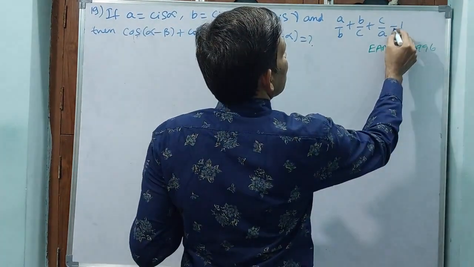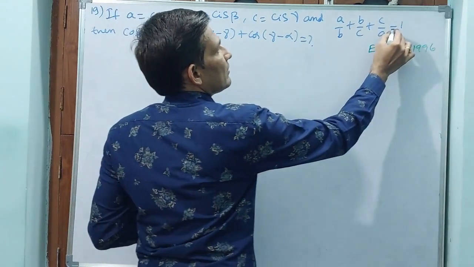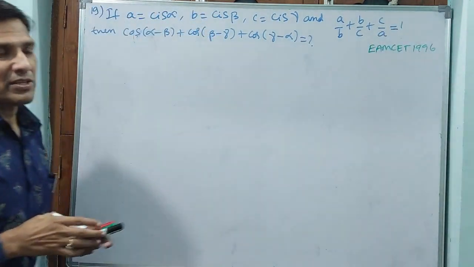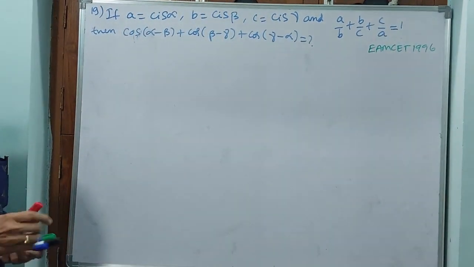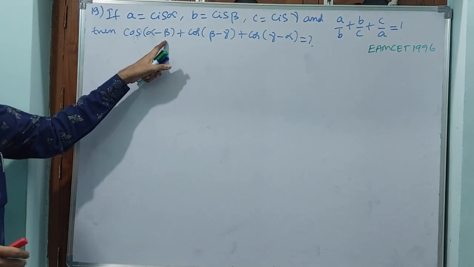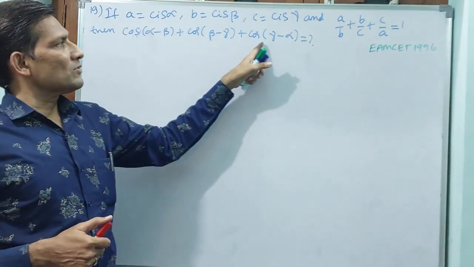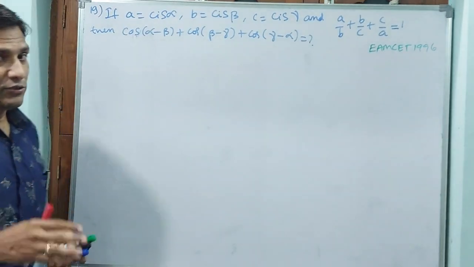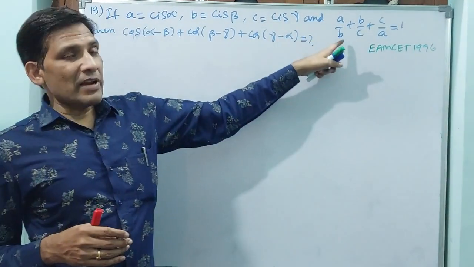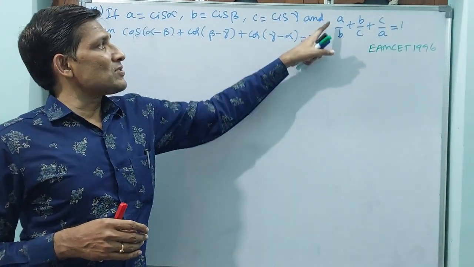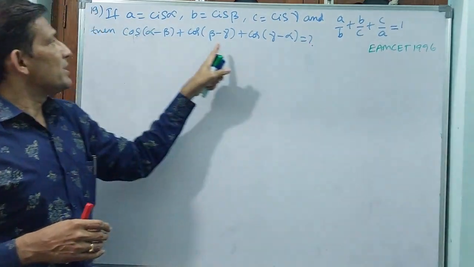Equal to 1. That's all. Minus 1 if it goes that side, plus 1 it is going to become. Now they are asking cos of alpha minus beta, cos of beta minus gamma, cos of gamma minus alpha. Here itself your answer is lying. A by B means alpha minus beta is going to become